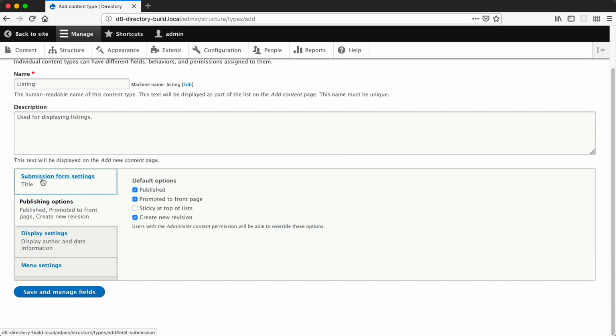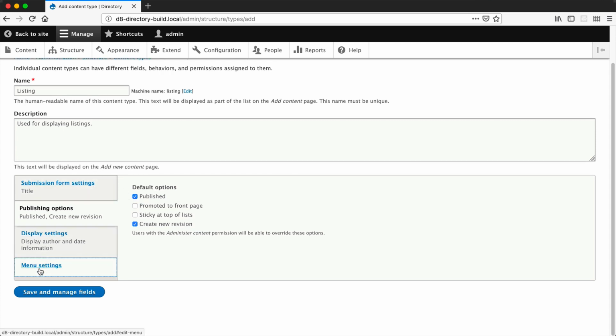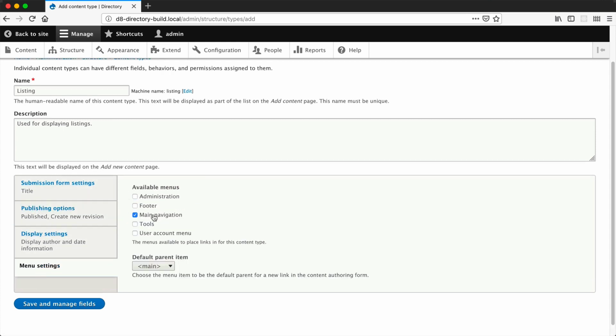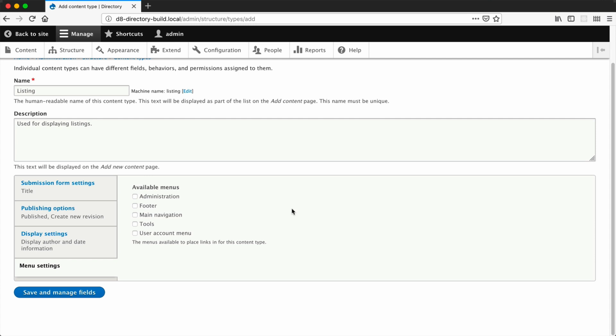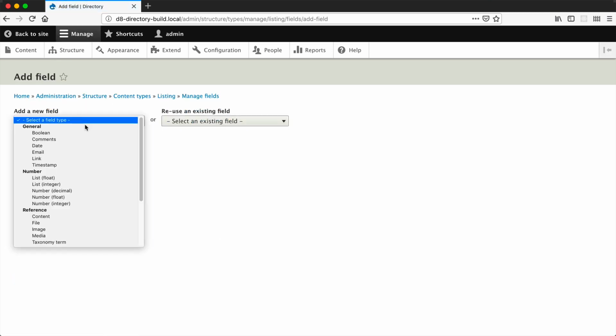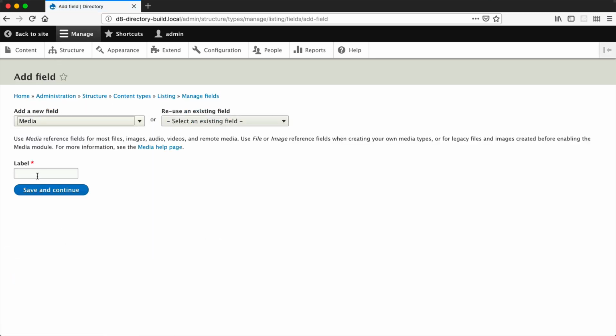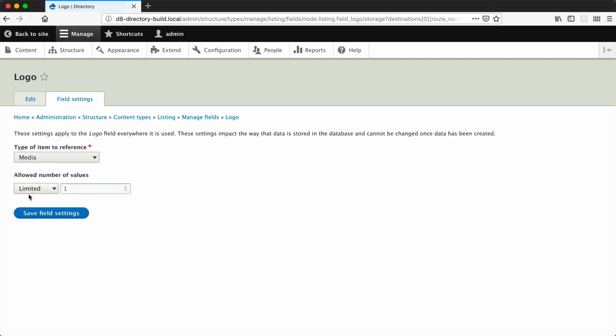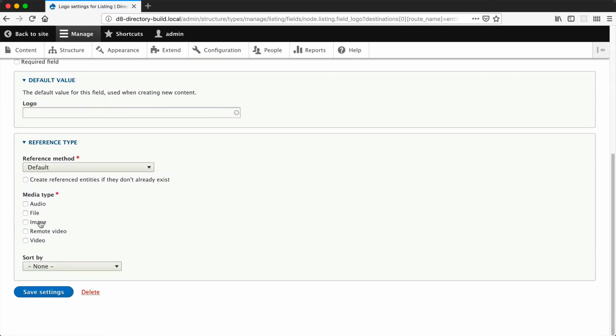And under publishing options, let's just uncheck promoted to front page, and under menu settings, let's just uncheck main navigation because we won't be adding a listing to a menu. And then just click on save and manage fields. And as we expected, the body field is there, which is great. Click on add field and let's select media under reference. And this will be our logo field. And then make sure you select image